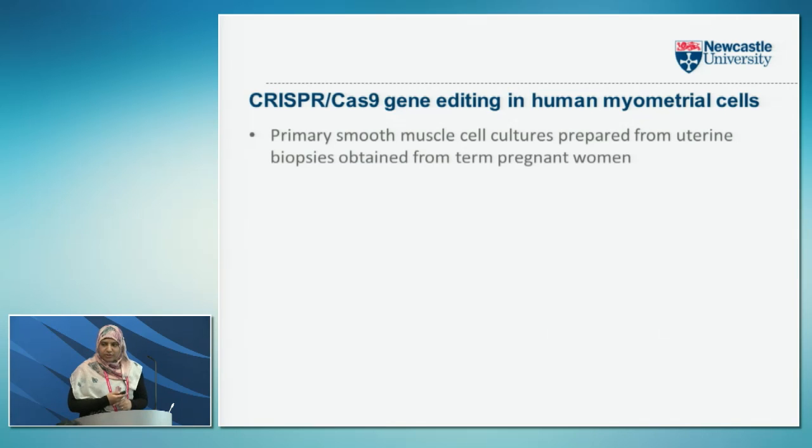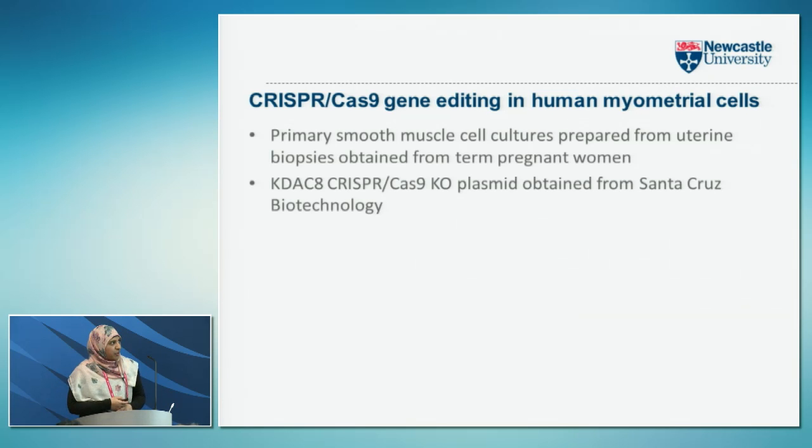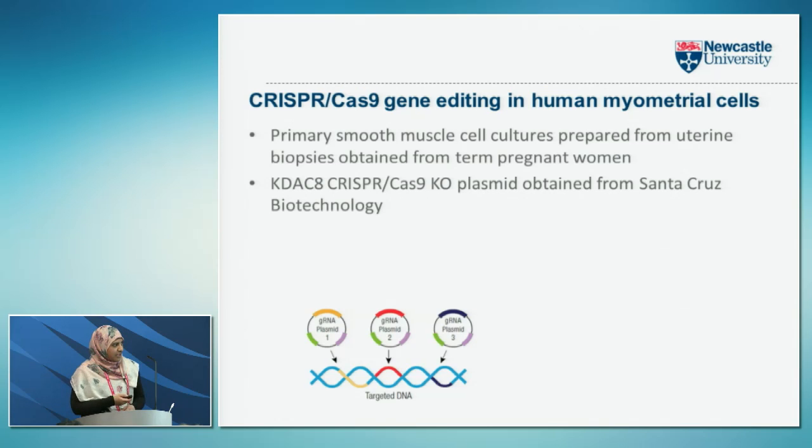Primary smooth muscle cell cultures were prepared from uterine biopsies obtained from term pregnant women after written informed consent. Now, our lab has a little bit of molecular biology experience, but we didn't have the resources, time, or manpower to make our own KDAC8 knockout plasmids. So we thought that the best chance of success was to obtain these commercially, which we did from Santa Cruz Biotechnology. And these knockouts consisted of a pool of 3 plasmids, which each had the Cas9 nuclease and a